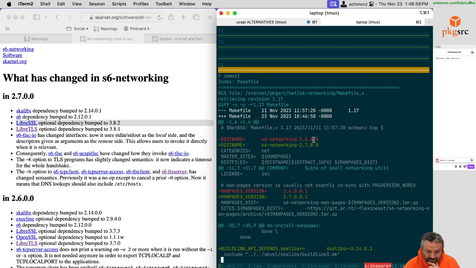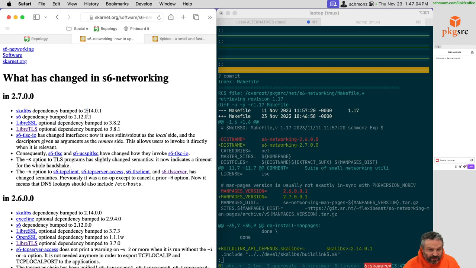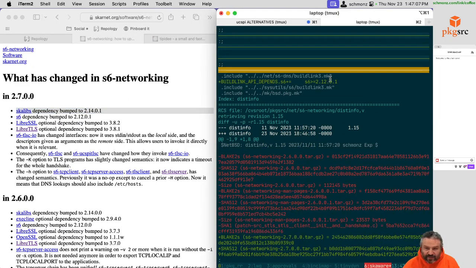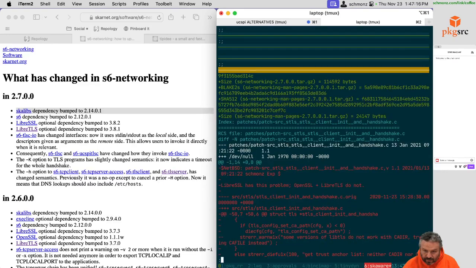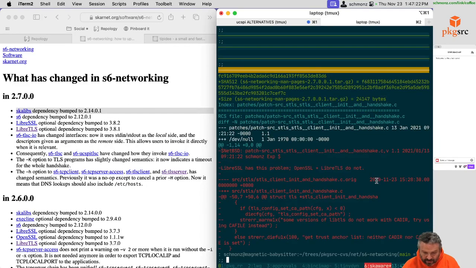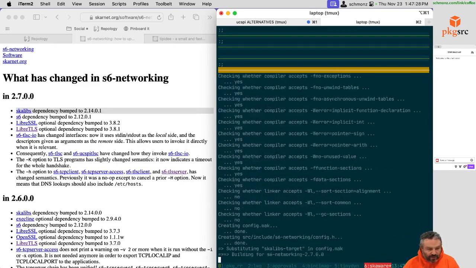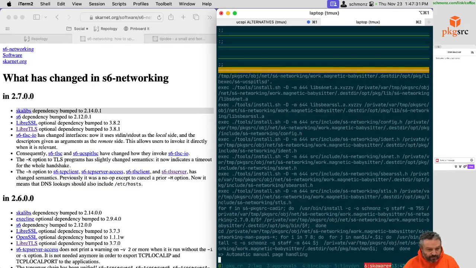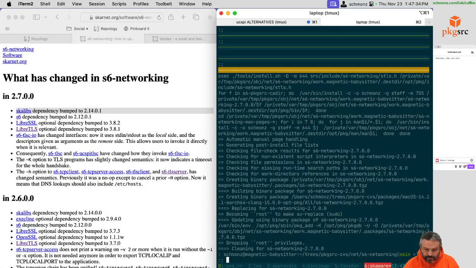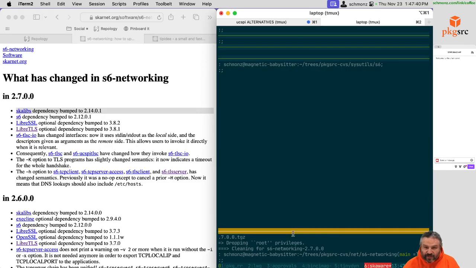So I think before we do a build, I think I've bumped the version, bumped the man pages version. We're depending on the scalibs, we should. We're depending on the S6, we should. And right. And we don't need this patch anymore. For now. So make sure we package up. Yep. That's almost everything. That just leaves